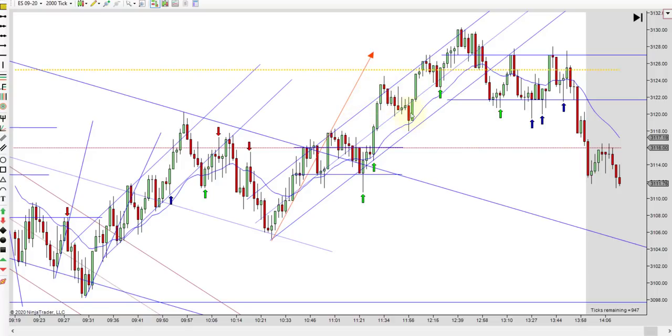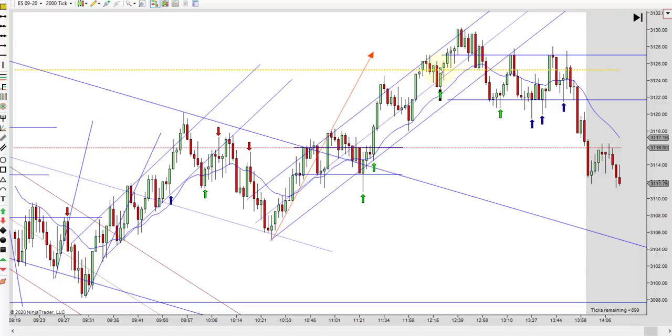And then notice you get a second entry long right here, but no signal bar. You get a second entry long right here, and you do get a good signal bar, but it's kind of in an odd place. You didn't quite get back to the EMA. You're not back to the trend line. You can call it off the midline, but it really pushed through it.